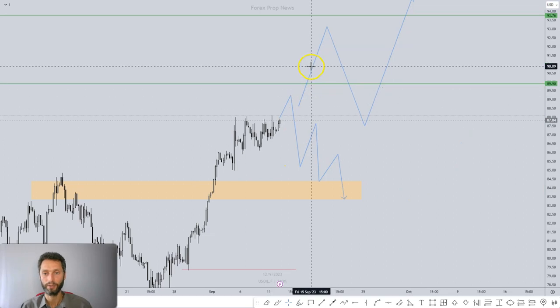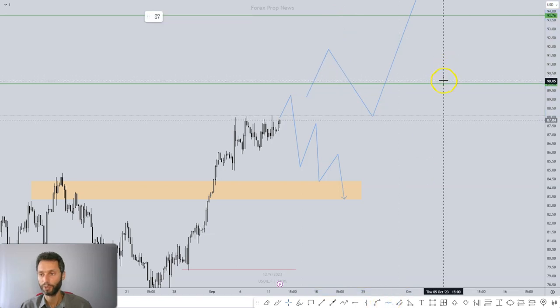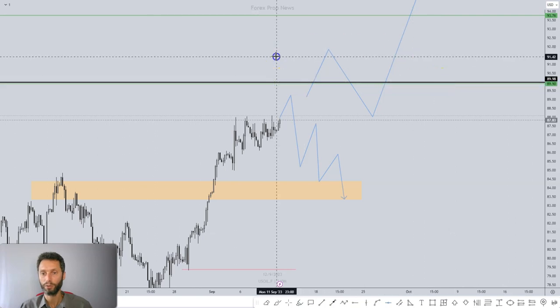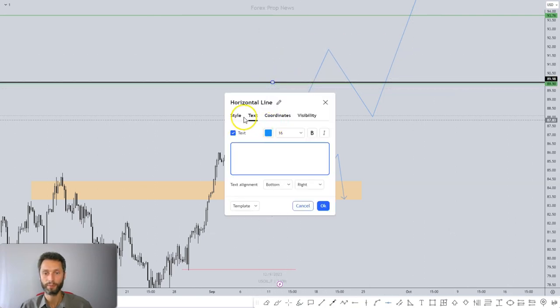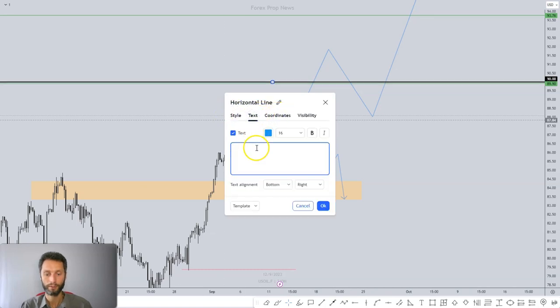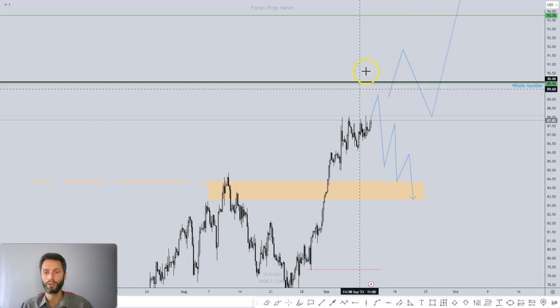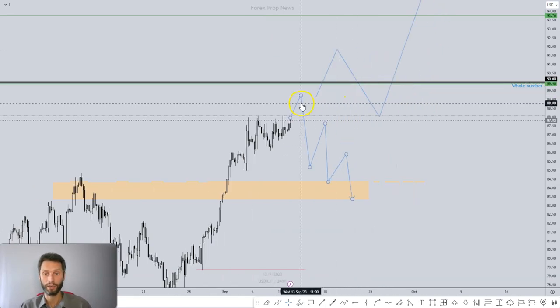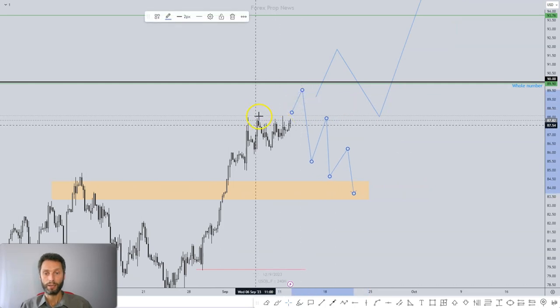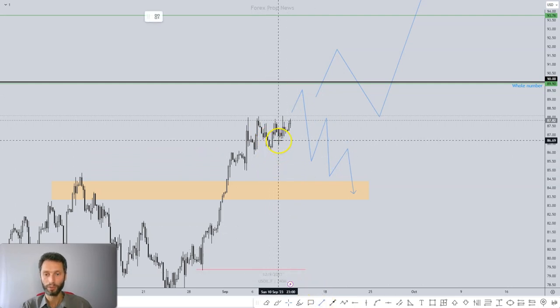So let's get rid of this. So either break higher through the level. What you can see is we do have a significant price point here, which is the 90 level. So that's a whole number. Whole numbers are something to pay attention to. Here we are, and that could be a reversal point because whole numbers are something that many traders pay attention to. That is if we get this kind of pattern and we break below structural levels.